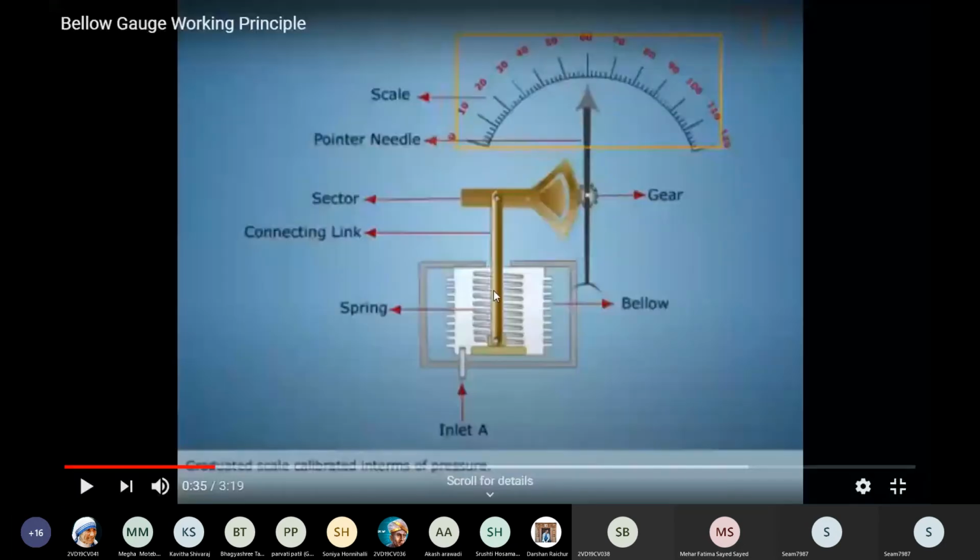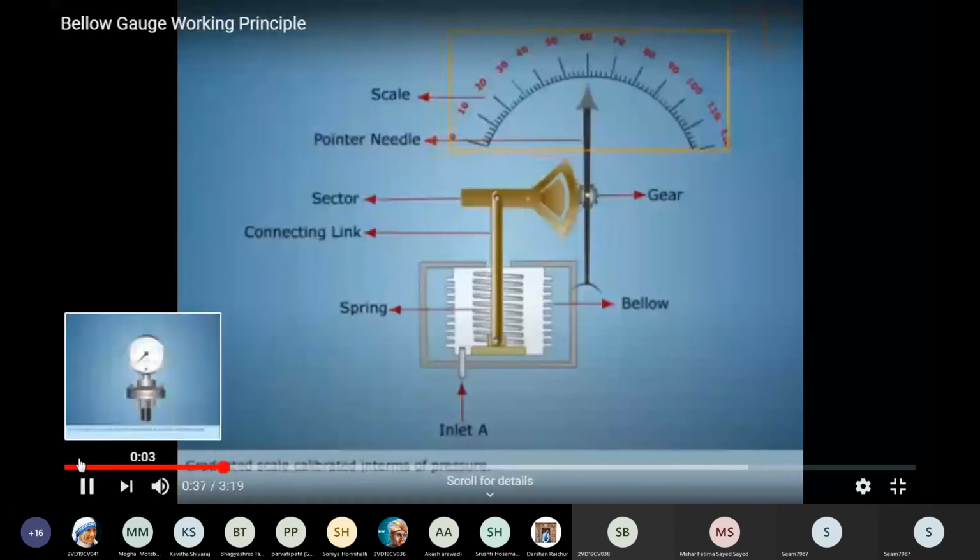This is the inlet where the liquid is going to pass, and these are the springs which are provided, and this is the graduated scale calibrated in terms of pressure.